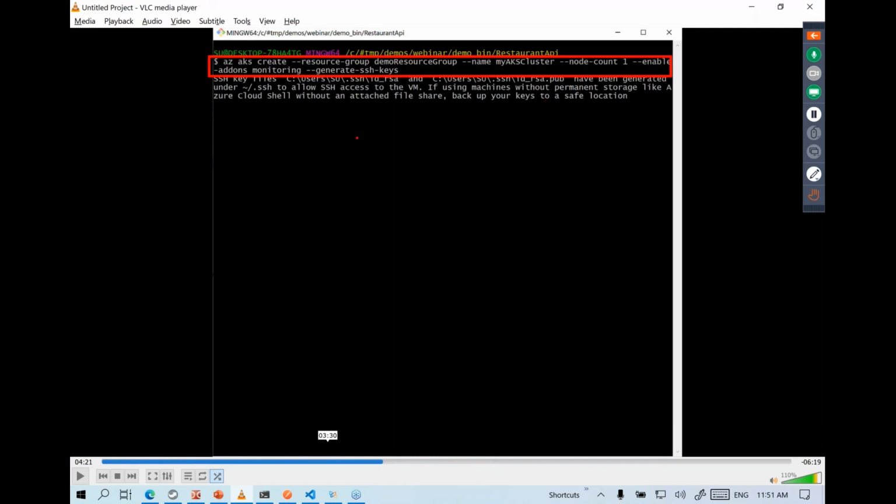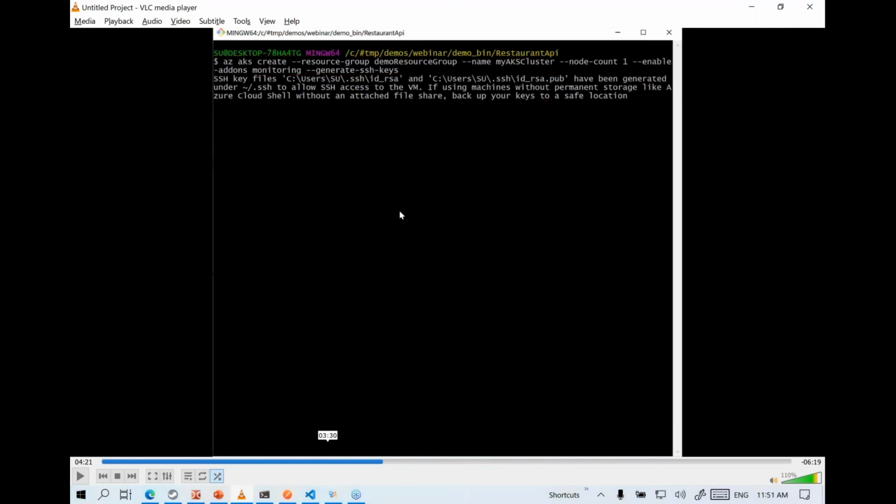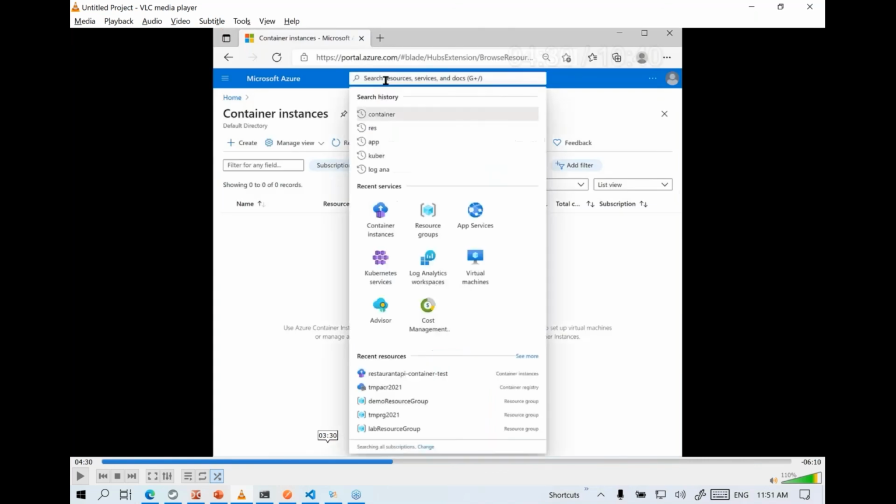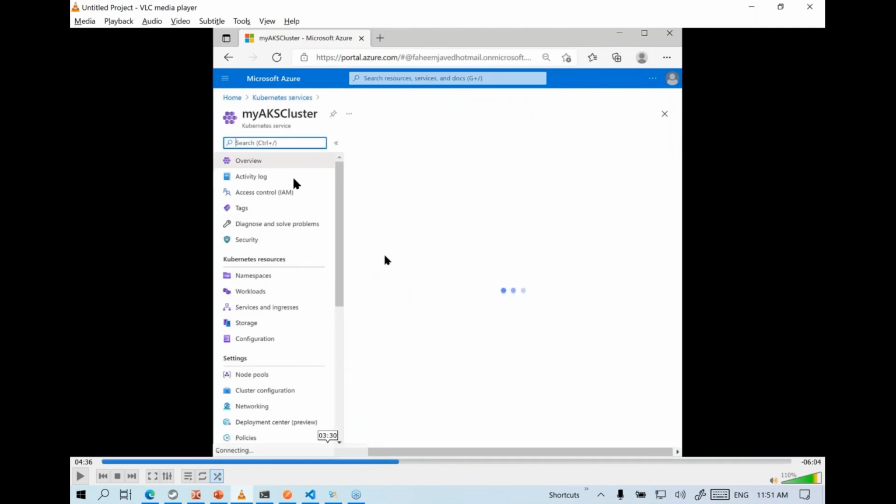That's why I've pre-recorded this video. I've removed some of the important IDs that I don't want to display here. And once you have your Kubernetes cluster up and running, you can search for Kubernetes service on Azure, and it will show you whatever cluster you have provisioned, and you'll be able to see how many nodes we have.